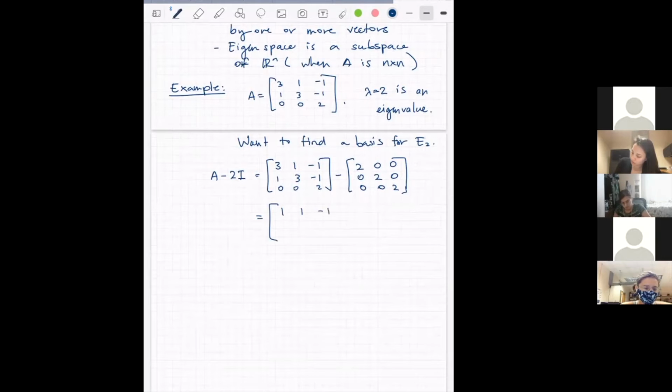We get 1, another 1, minus 1. And the last row is all zeros. So the second row is exactly equal to the first row, so it will disappear when we row reduce. And we have the following matrix,